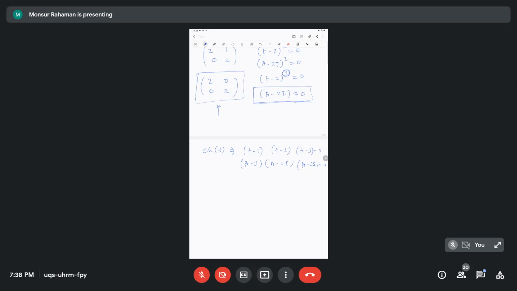But if one is repeated, then the minimal polynomial power can be 2 or 1. If it is 1 then it is diagonalizable, if it is 2 then it is not diagonalizable. ठीक है, तो मिनिमल पॉलिनोमियल में कोई भी रूट रिपीटेड नहीं होना चाहिए। अगर कोई भी रूट रिपीटेड होगा तो वो डायगोनलाइजेबल नहीं होगा मैट्रिक्स। ठीक है, दिस इज द मेन रिजल्ट।